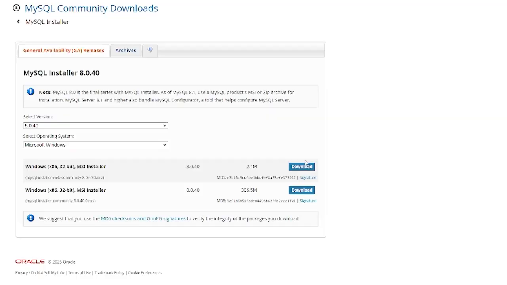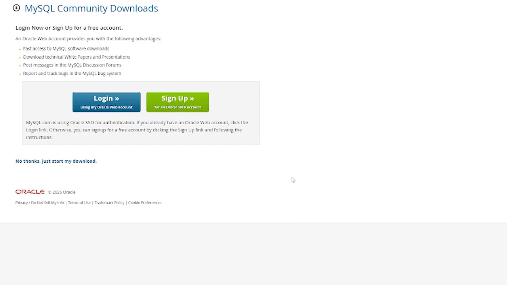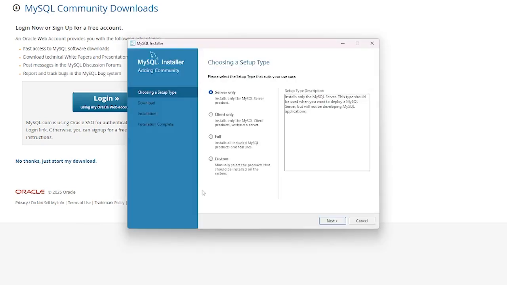First, I'm going to select the 2.1 megabyte download button. Then I'm going to press "No thanks, just start my download." Then I'm going to click on the installer. And then I'm just going to keep hitting next until I see the word execute, and then after it's done executing,